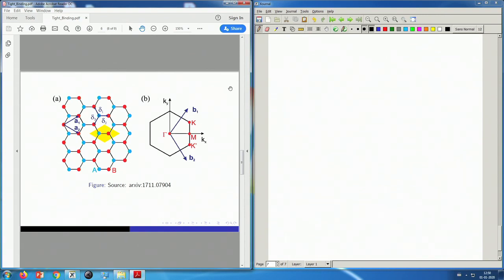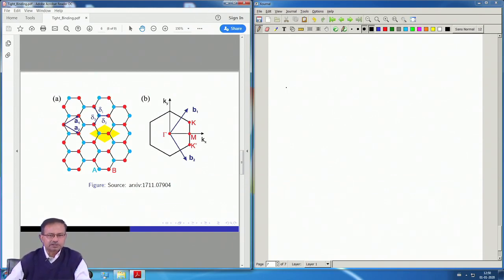All that you have to do is to replace your scalar matrix elements, which are just single elements, by a matrix of the dimension of the number of atoms in the unit cell. For example, in a 2 by 2 unit cell, if each atom is contributing one orbital, then you have a 2 by 2 Bloch matrix that replaces your scalar